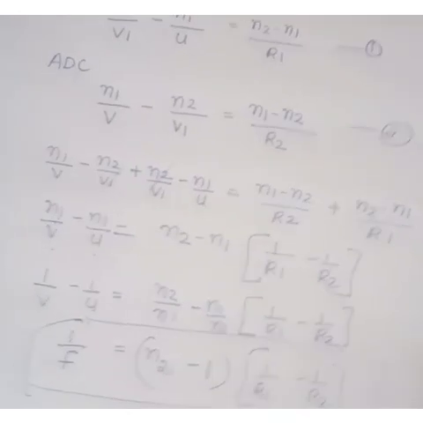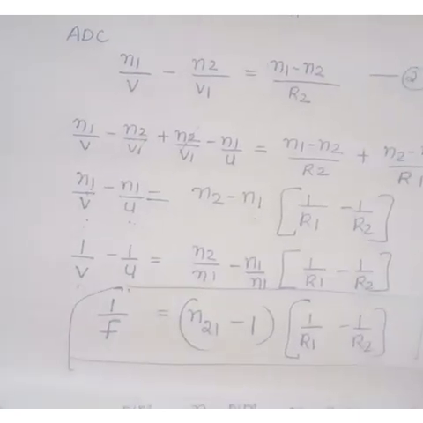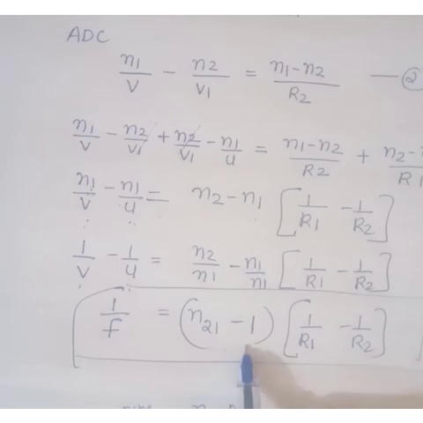So what is the lens maker's formula? 1 by F is equal to N21 minus 1, times 1 by R1 minus 1 by R2. Okay. If the